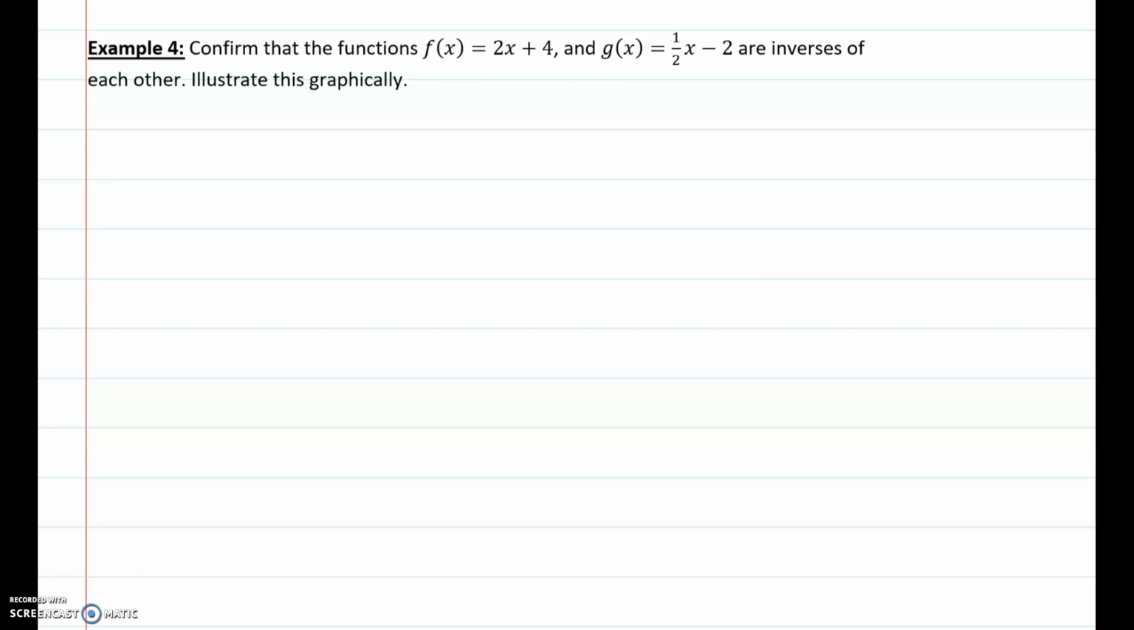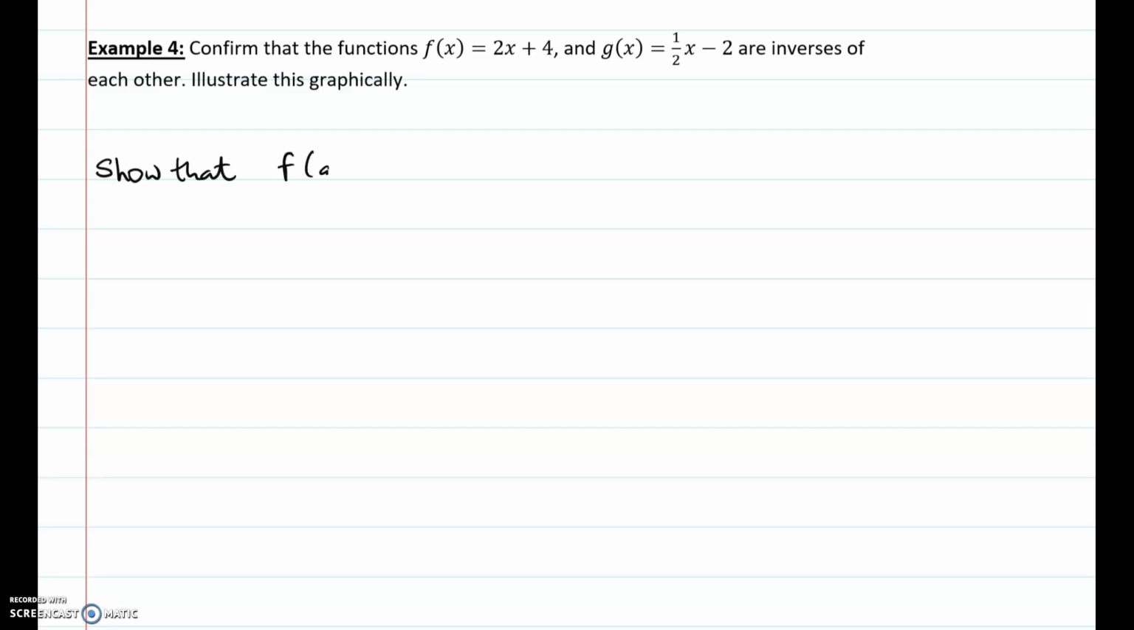In this example, we want to prove rigorously that these two functions, f of x equals 2x plus 4 and g of x equals 1/2 x minus 2, are inverses of each other. Now, because it says confirm or prove, that means in every case. It's not enough just to do it for one particular number. We have to do it for all cases. So to do that, we're going to use composition, and we have to show that